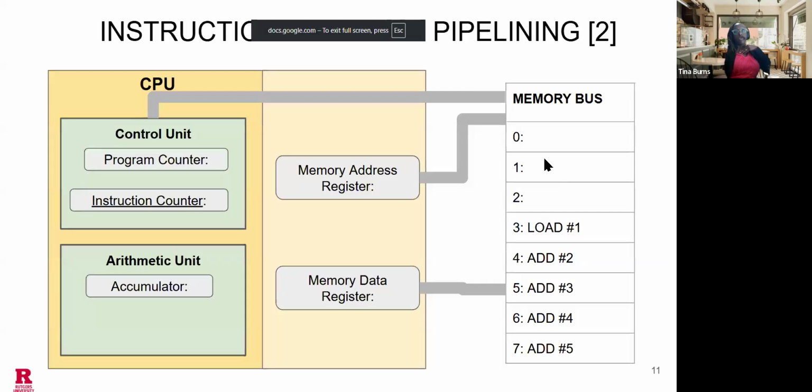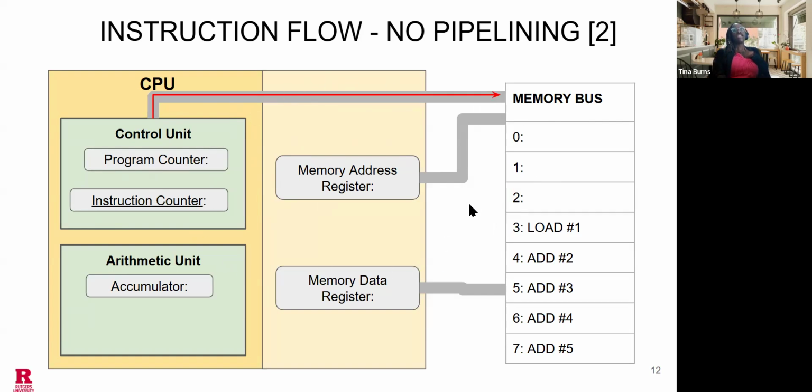All right, so I have this memory bus. I have everything going through this memory bus, both my instructions as well as the data that's going back and forth, just this one bus. So there can be some conflict sometimes. But let's look at the flow overall. So first thing I'm going to do is, from the CPU, I need to fetch the instruction. That means I need to get this instruction and determine what the memory is. So there's just going to be this one thing doing it right now,